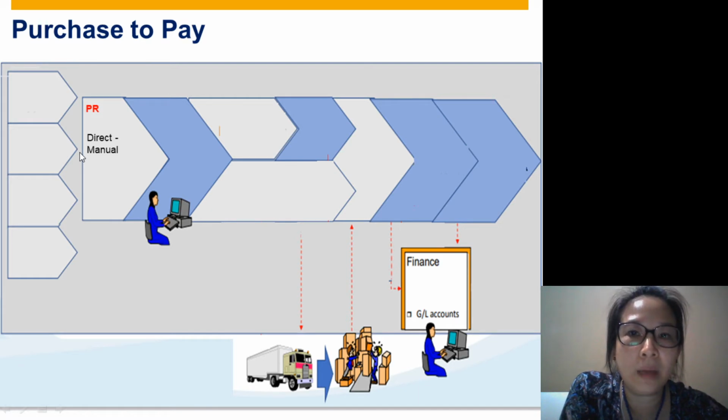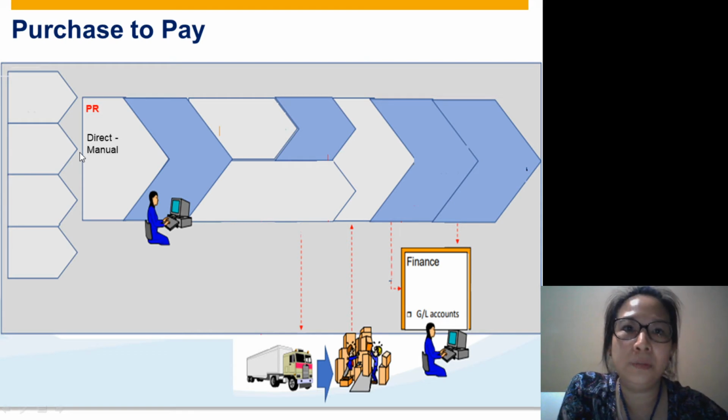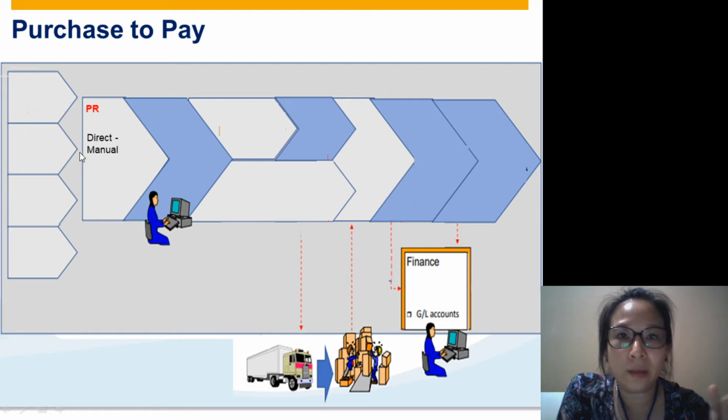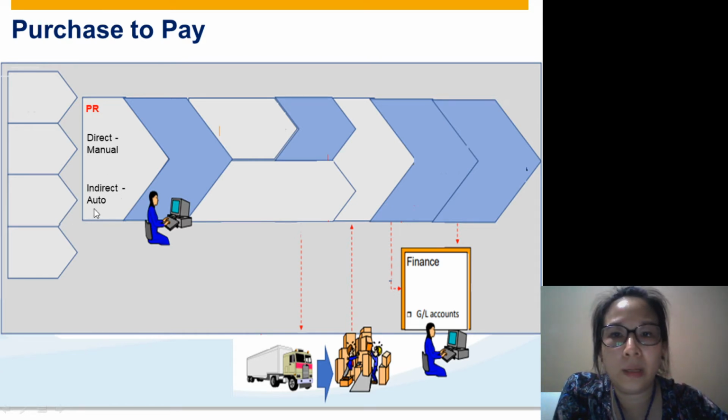So I will make a request saying that I need paper, I need a speed marker, I need a pen, and so on. Then I will send the request to the purchasing department. That request we call a purchase requisition, and it is created manually. But the PR can also be created automatically. We call it indirect,